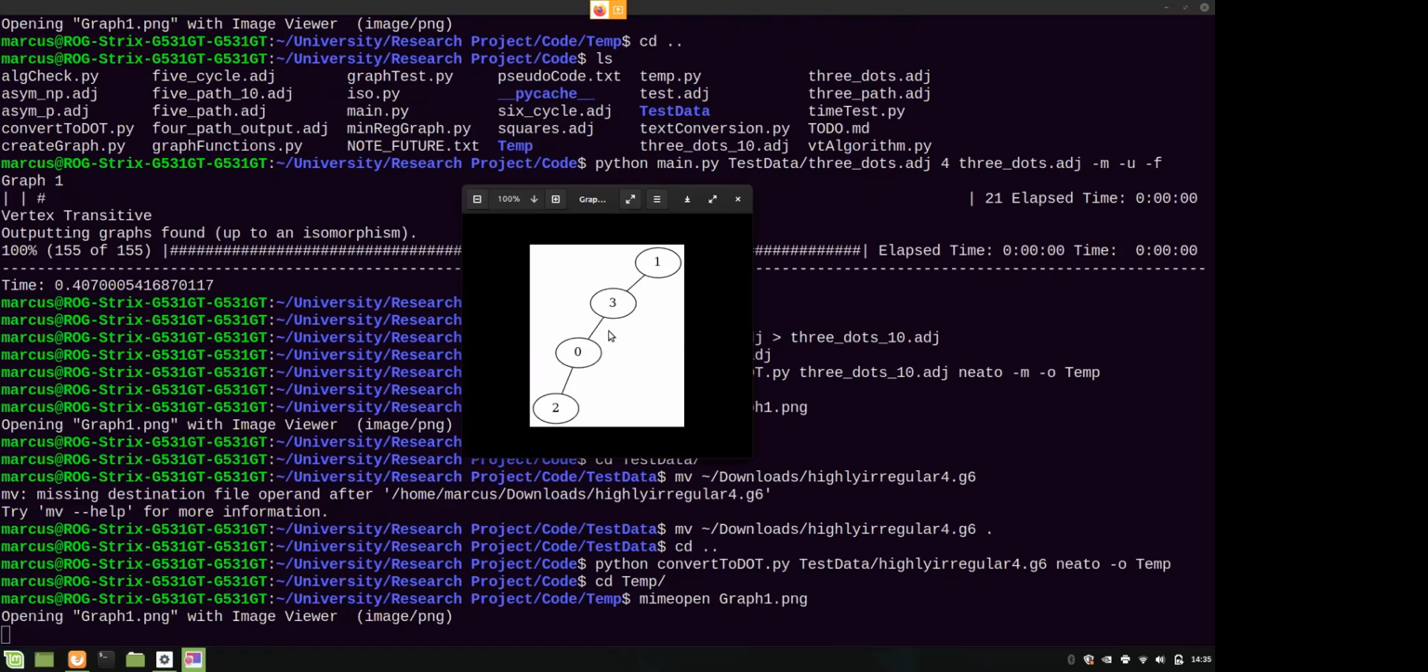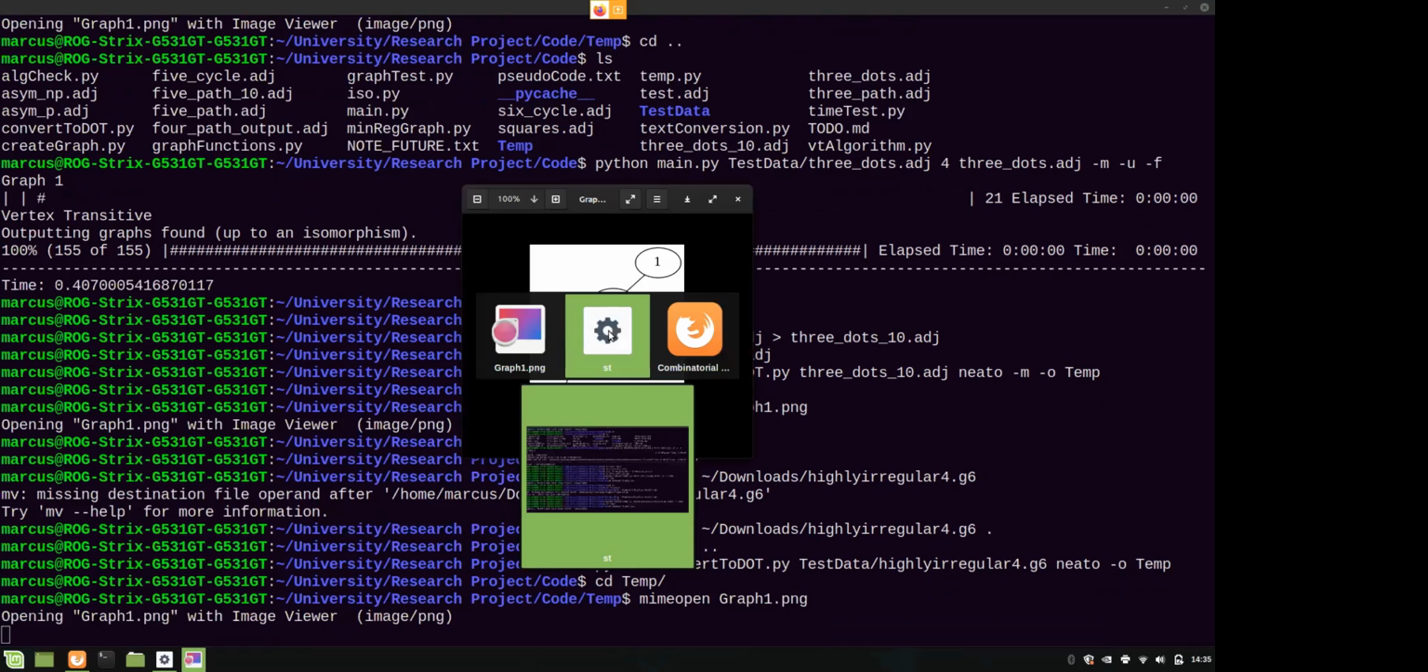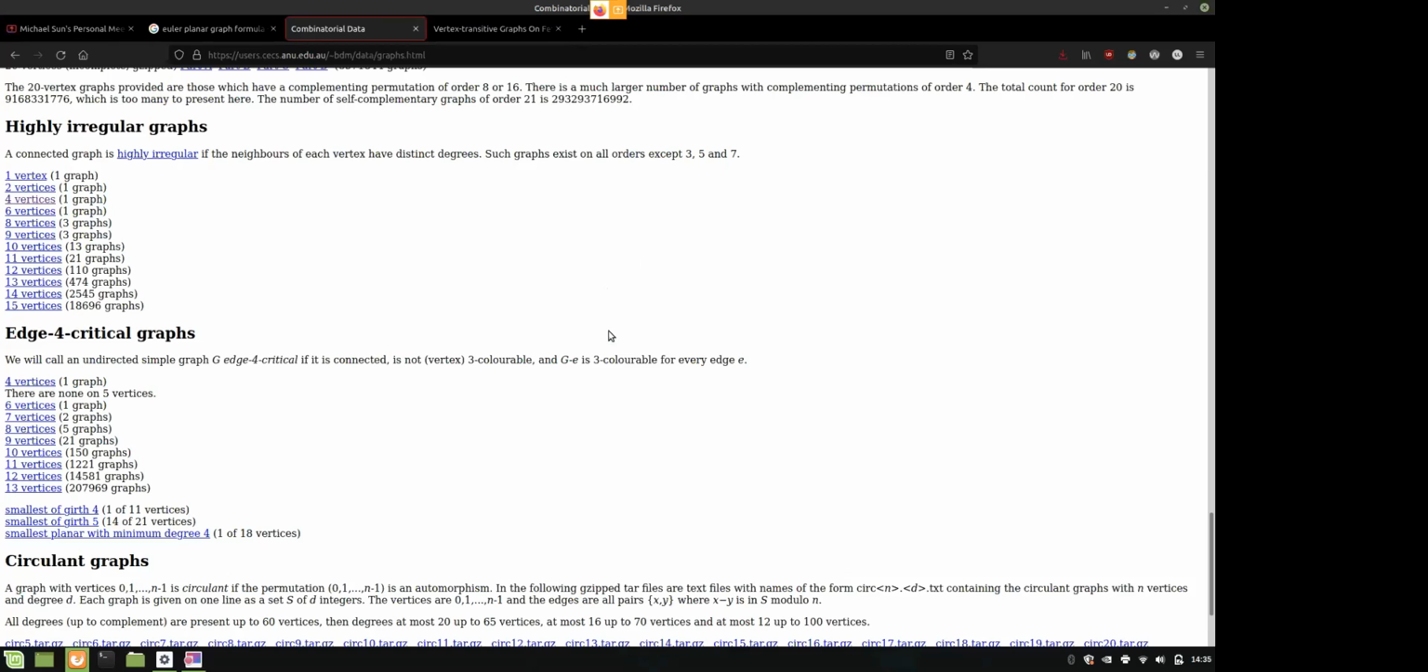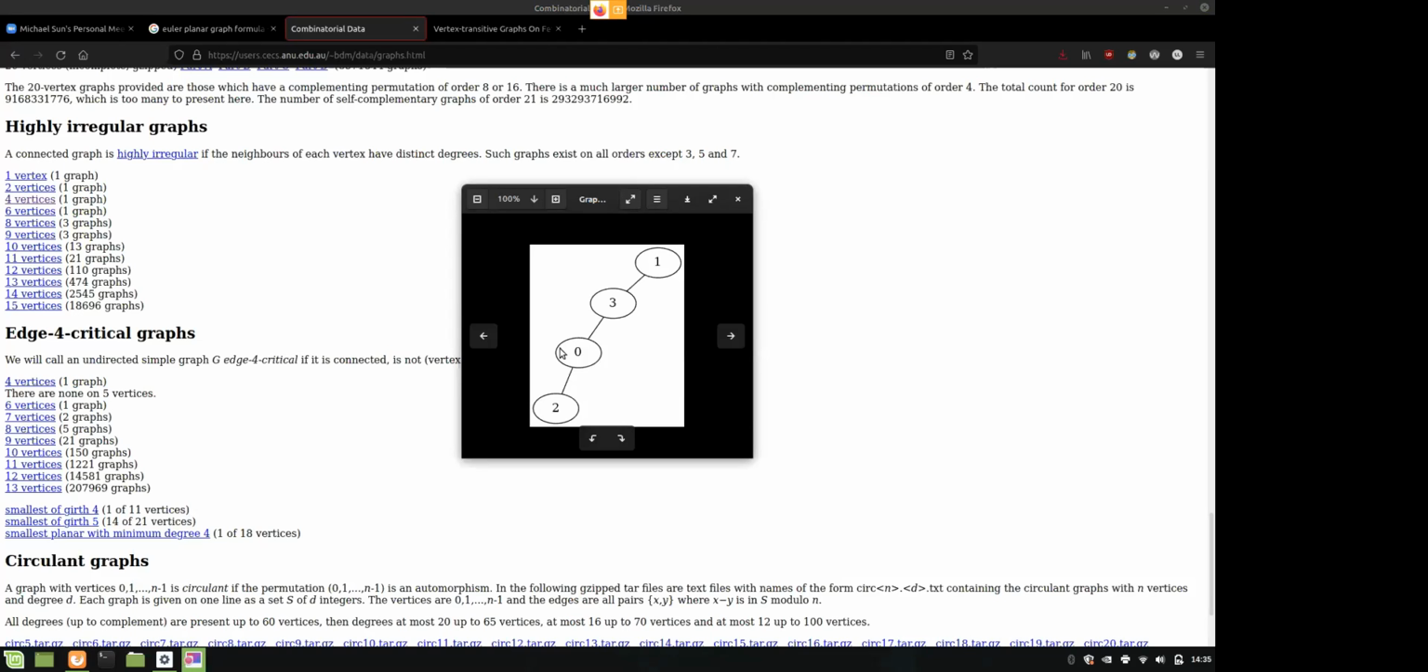What was highly irregular? Every neighbor has a distinct degree. Oh, right. So the neighbor of this one has degree 2, and this one has